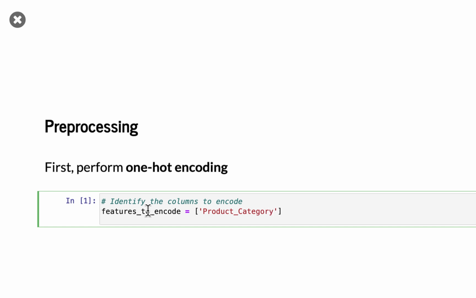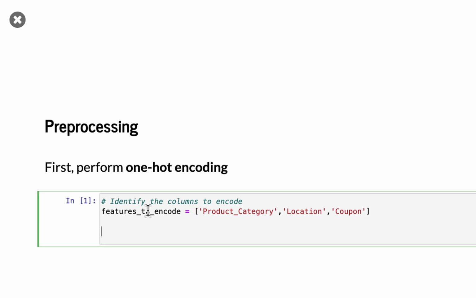with an underscore between the 2 words, and that's how it looks in the data set. And then we have location. This is the location of the customer. And then we have use of coupon, but that variable is simply named coupon. We don't have to give a name to this list of categorical variables, but sometimes it helps with readability. Now we can do returns